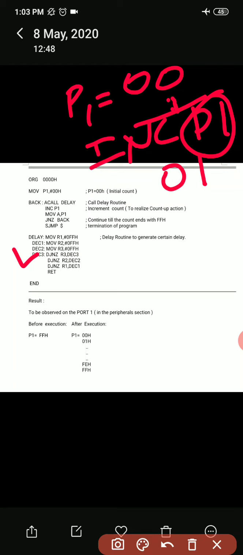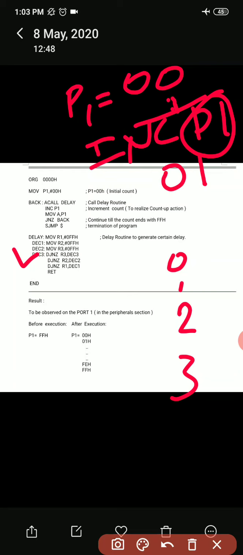So you need to include a delay in between two different values. Otherwise, it goes on incrementing the values, but the user cannot see it because the frequency of operation of this 8051 microcontroller is very high. It is in terms of megahertz.